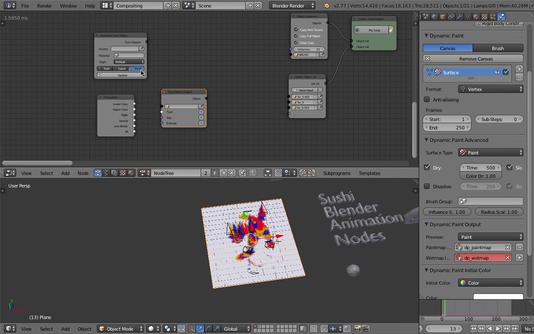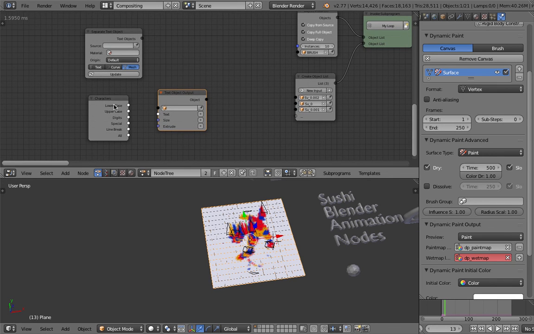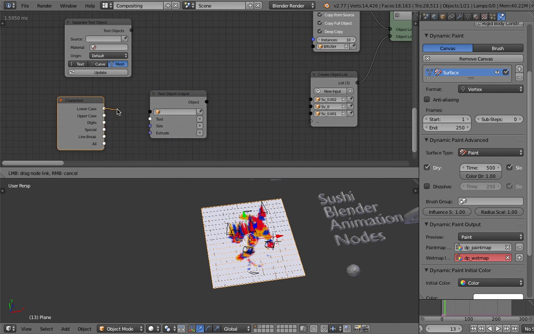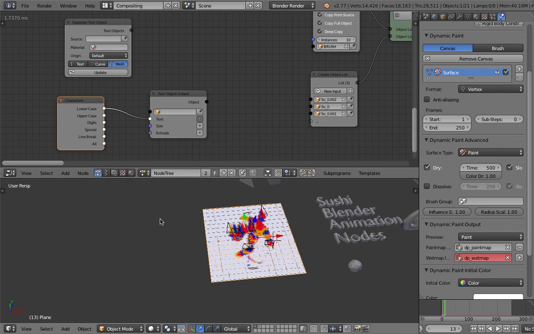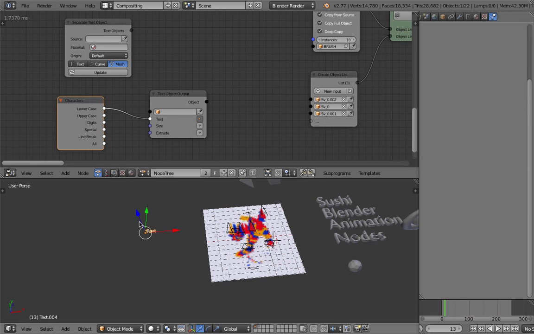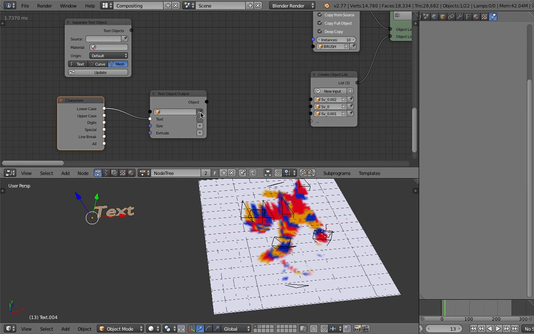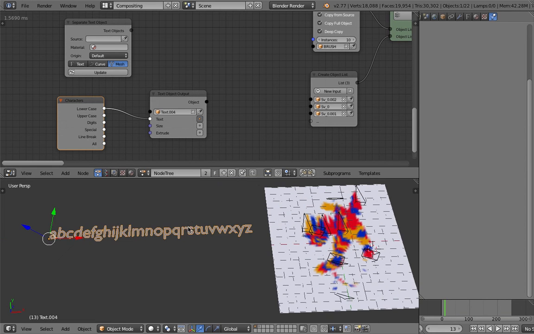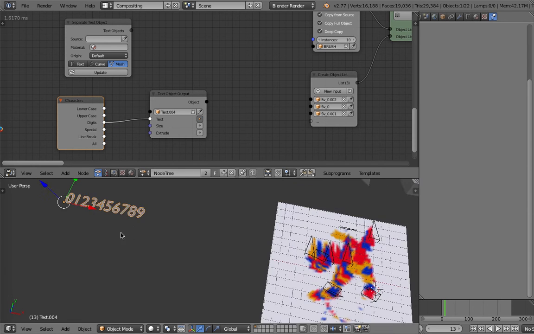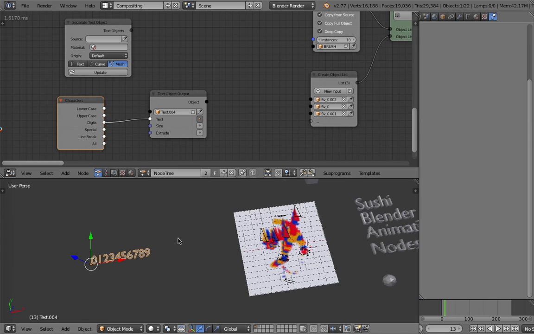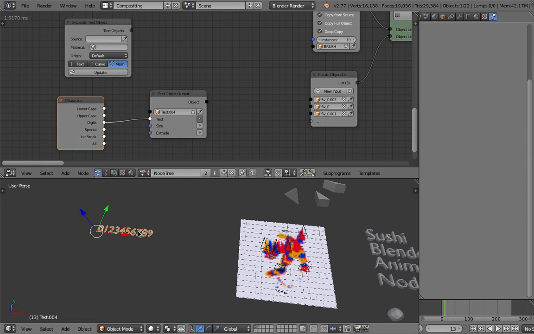So here, just using Animation Nodes, I'm gonna plug in all the lowercase into the text, and then gonna grab text object, and then we have this A to Z, maybe digit. Okay, just use digits, numbers, and then we're gonna